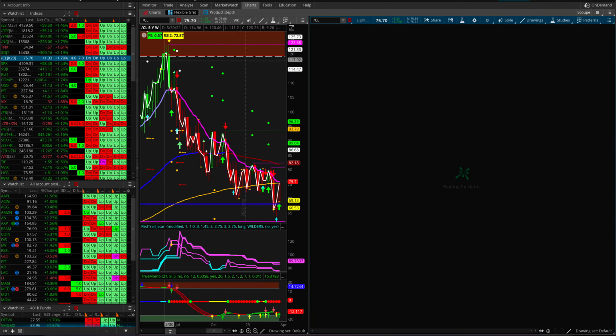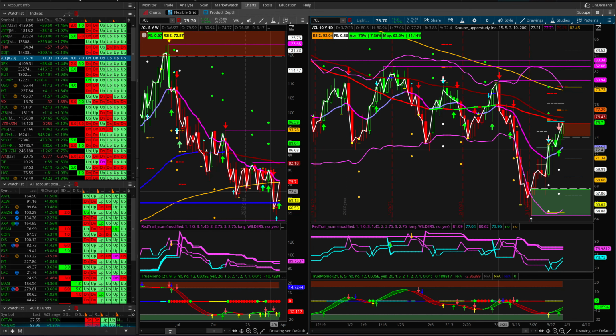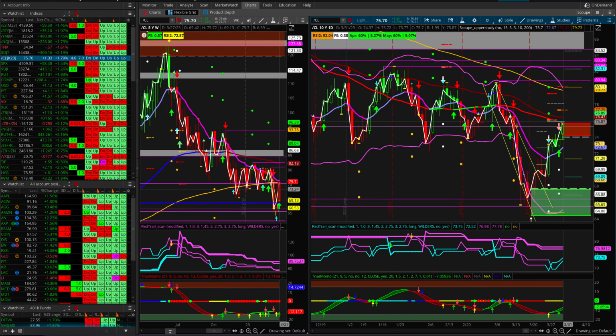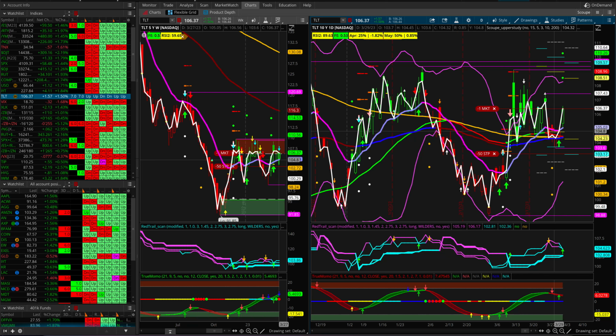The oil, I got into this the other day. I got out a little too early. I probably should have just trusted my systems. But that's been a nice little move up. It's actually a buy signal today on the True Momo indicator for this week, I should say, at the end. So that's going to be interesting. If it pulls back, that's probably a pretty good buy indication, as long as both buy signals hold up on the True Momo indicator. And here's bonds, because I've been talking about it, and I did go long bonds within the last couple days.